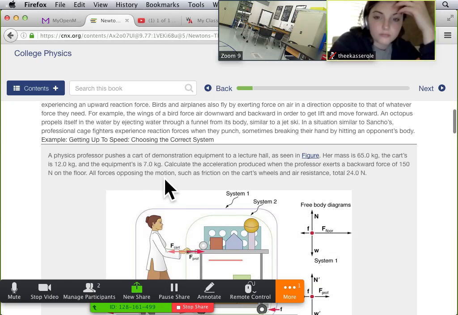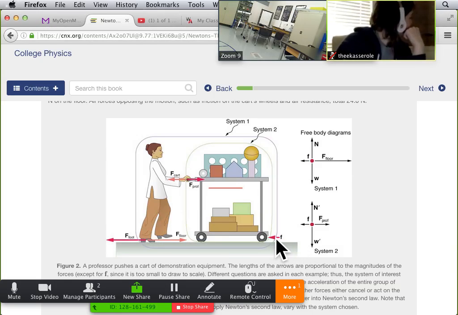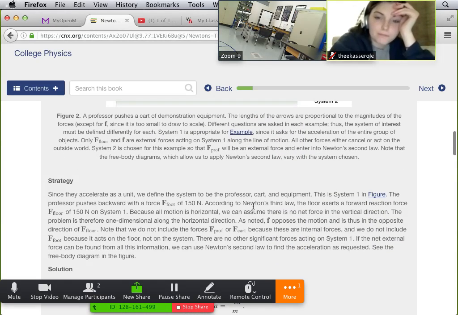All forces opposing the motion, such as friction in the cart's wheels and air resistance, total 24 newtons. That would be our frictional force. The force from the floor on her foot that pushes everything forward, we're going to consider that our positive direction. The force of friction backwards is going to be considered negative direction in the x direction. And then the upward will be positive, the downward will be negative, so the weight will be negative. And they want to know